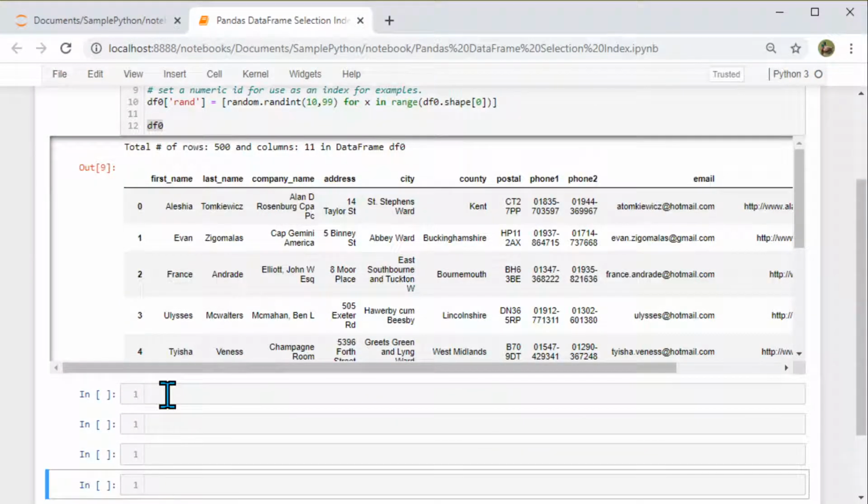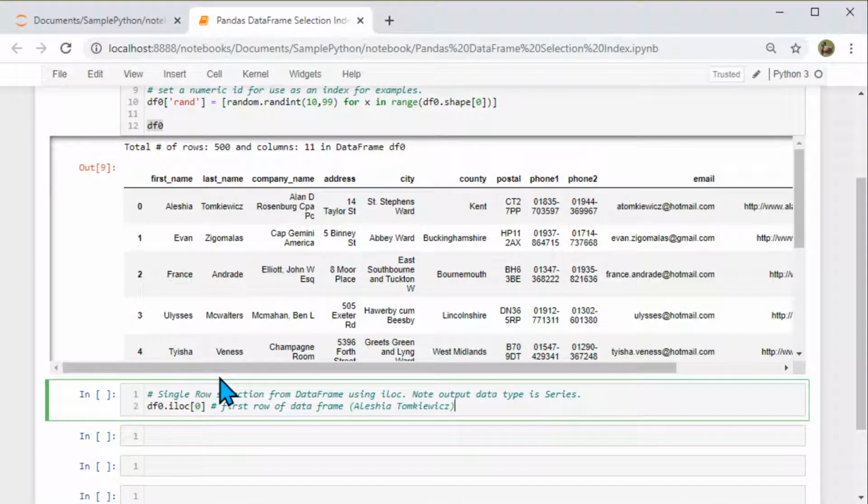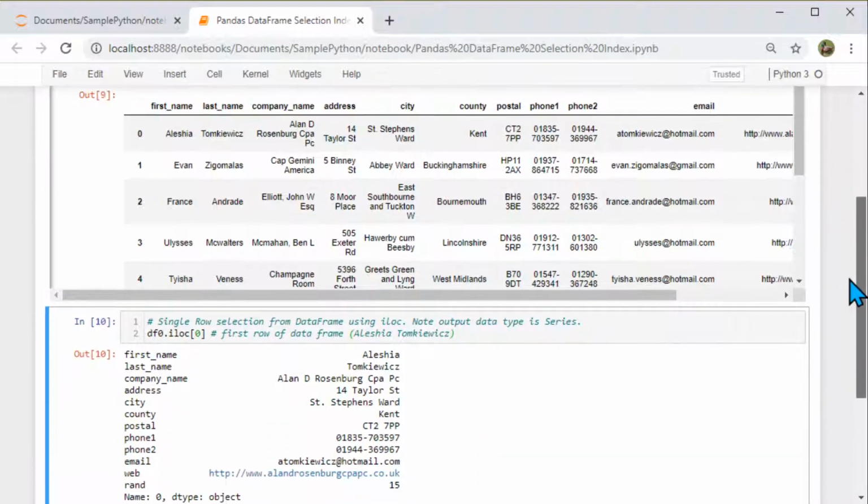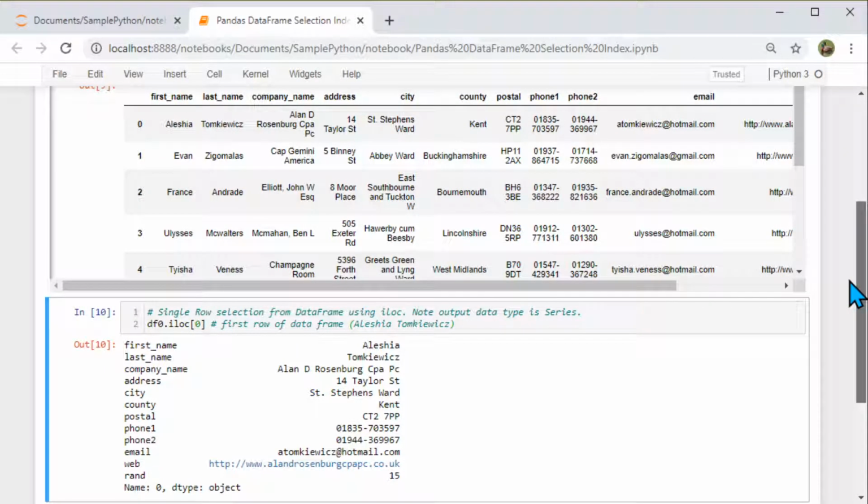What we can do is, if you want to access just one row, you can say dataframe.iloc. iloc is for locating a particular row by an integer number, and when I say iloc 0, it's going to display the first row, and the output is going to be in the form of a series.